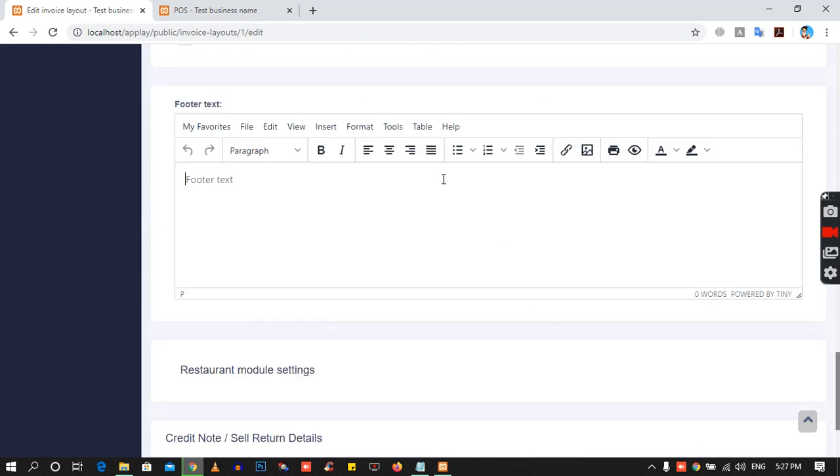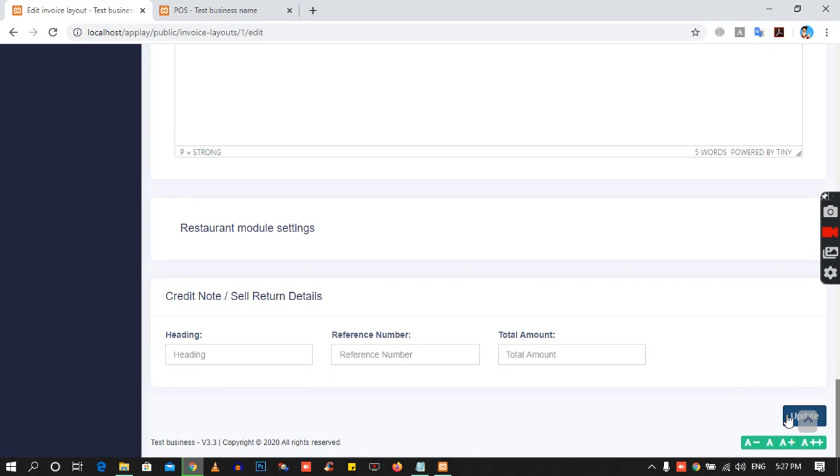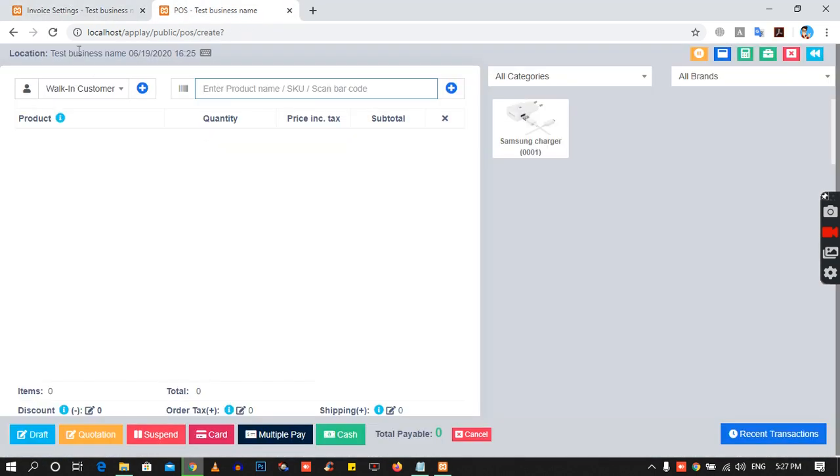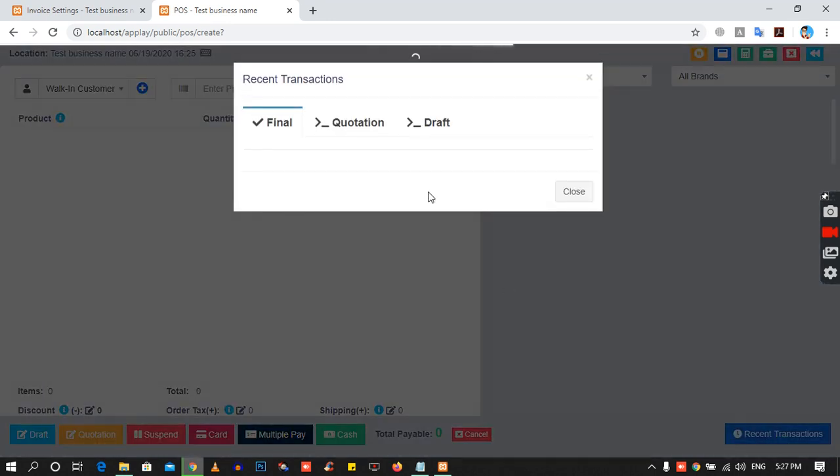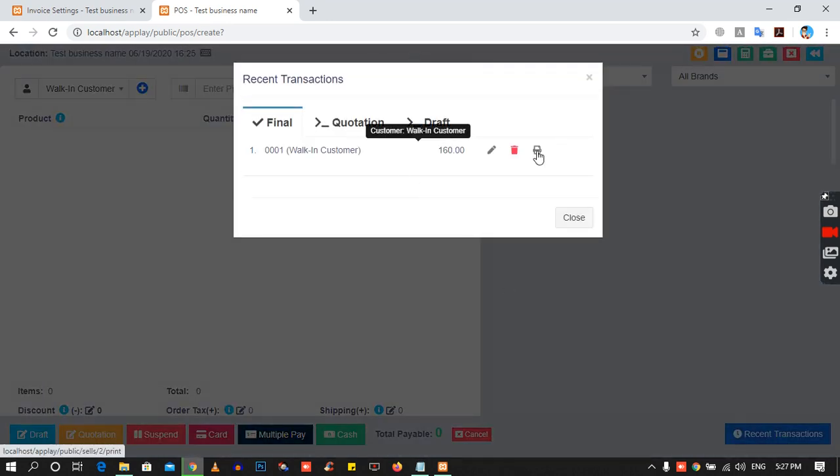And you can also type here at the footer of the invoice, thanks for taking our services, Control A, B, center, and update. You can also do many more settings in the invoice settings, and I'm just giving you an example. Where is our previous invoice? On the screen, you just go here, click here, this is our previous invoice. You just print. I want to check our last invoice.